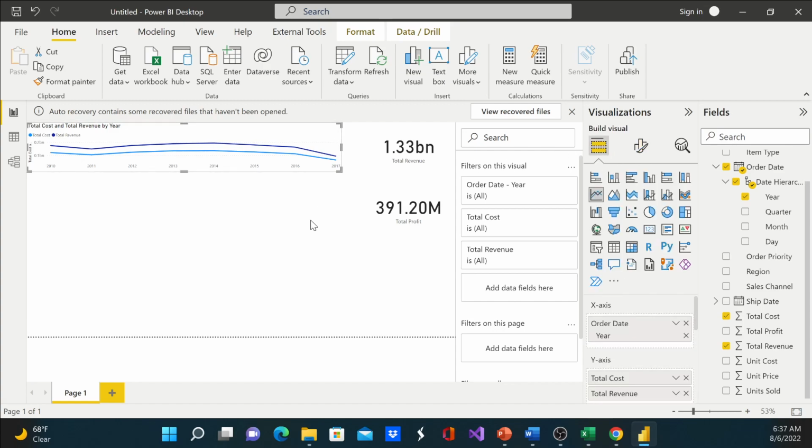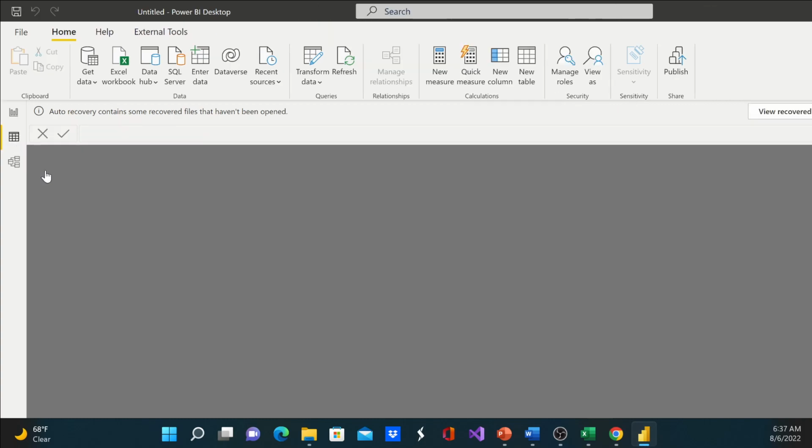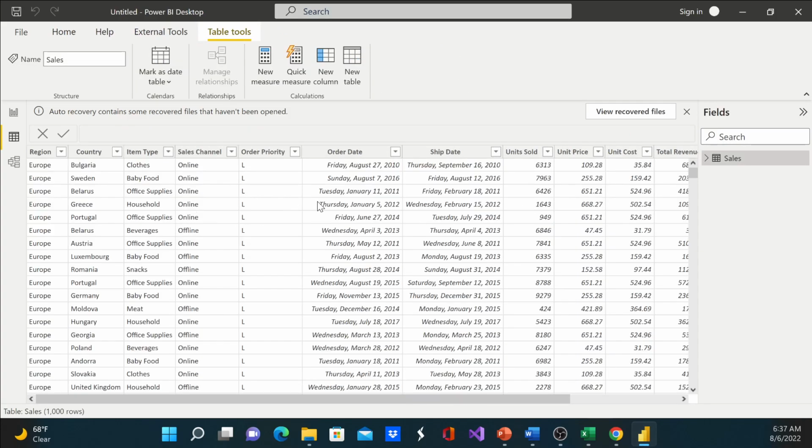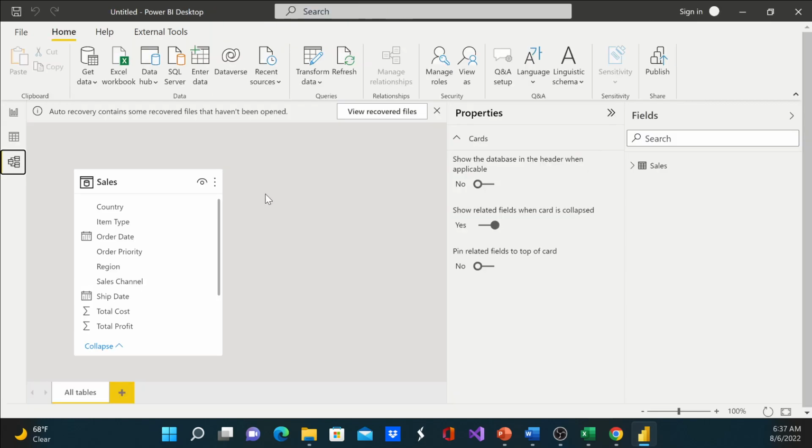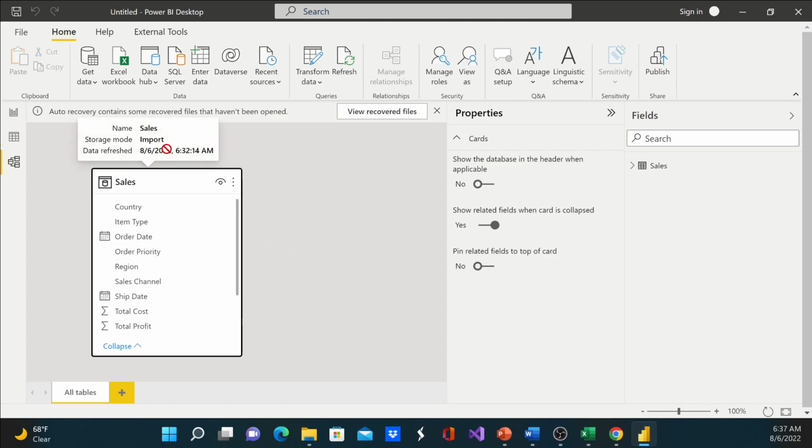Okay, so the other thing which I haven't shown you, we do have a table view here where you're going to see your data in a tabular form, if you want to take a quick look, and then here we do have our model view, and later on I'll show you how we can work on this. So when you see all this information is grouped in one table, that means this is one model, and